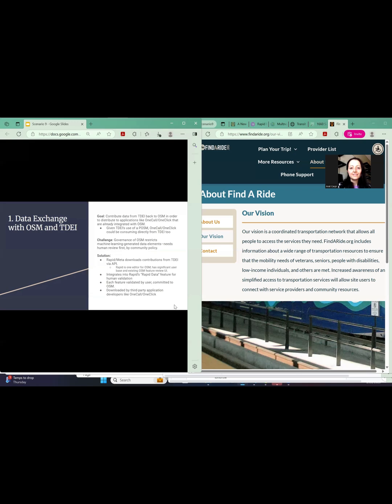As a result, we partnered with Meta. Meta is the producer of the Rapid editor into OSM. The idea behind Rapid is for specifically machine generated data as well as public data that is owned by governments who may be able to publish that data but aren't able to hand vet all of it into OSM.